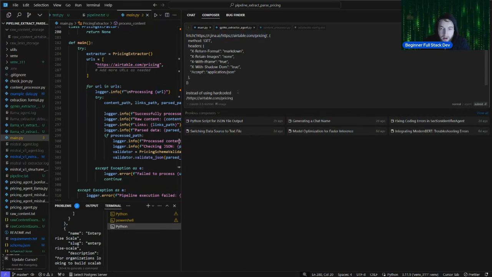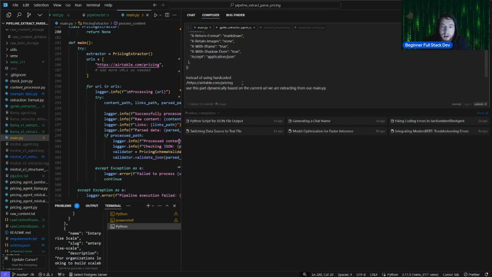This is hard-coded. Use this part dynamically based on the current URL we are extracting from our main.py, because whatever we have here, we want to extract